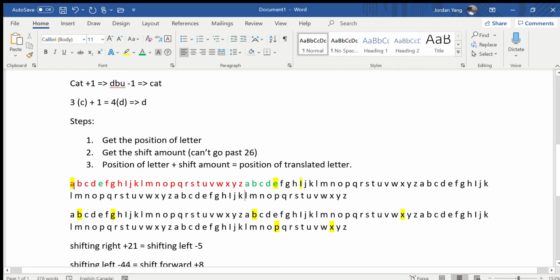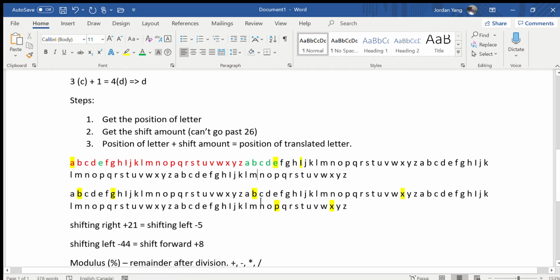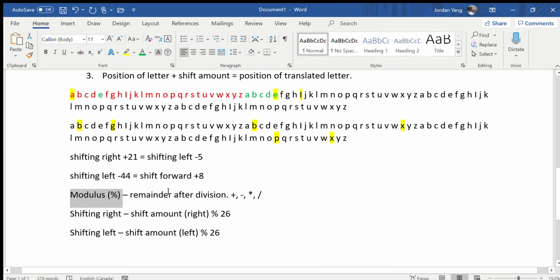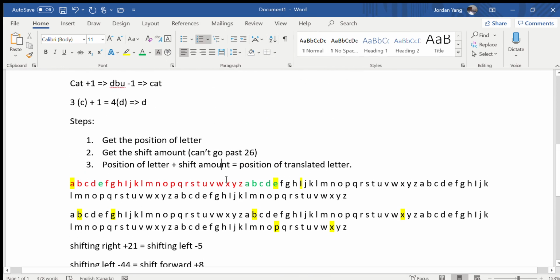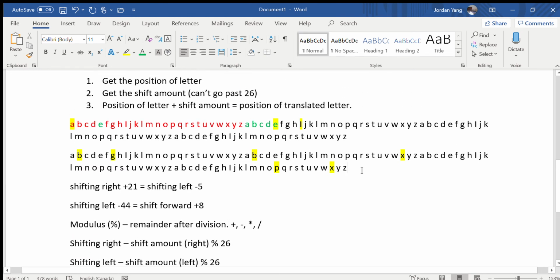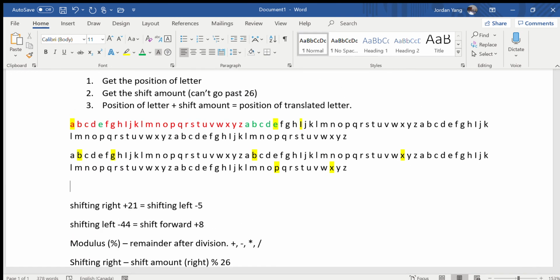So therefore, to get to E, it's actually just 30 divided by 26, and we get the remainder, which is actually what the modulus does, isn't it? So therefore, let's do it over here. So therefore, 30 modulus 26 equals